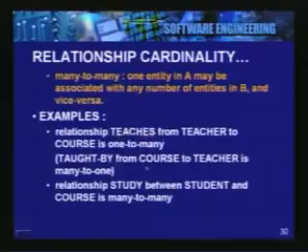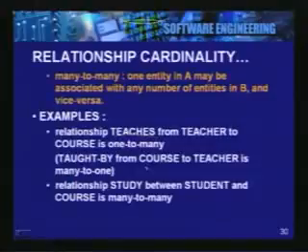That is, one teacher may teach many courses. But if you go from course to teacher, then for a given course there is one teacher. So one to many indicates that a teacher may teach many courses, whereas a course is always taught by one teacher. So obviously, as you can see here, the relationship is giving you more information. It tells you about how many entities are relating to each other in a given environment.